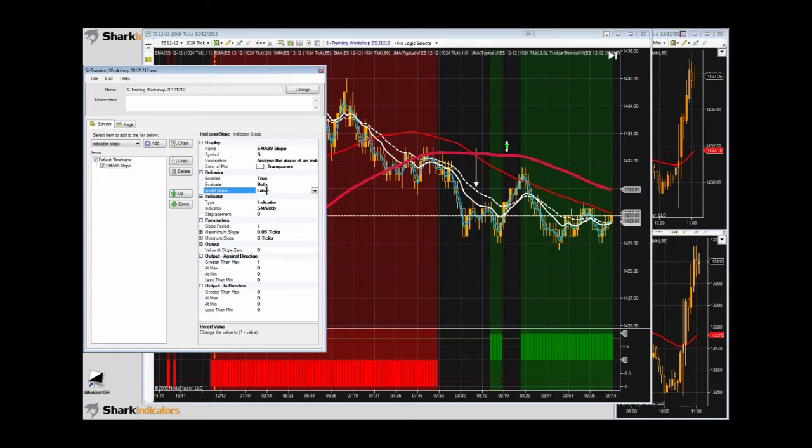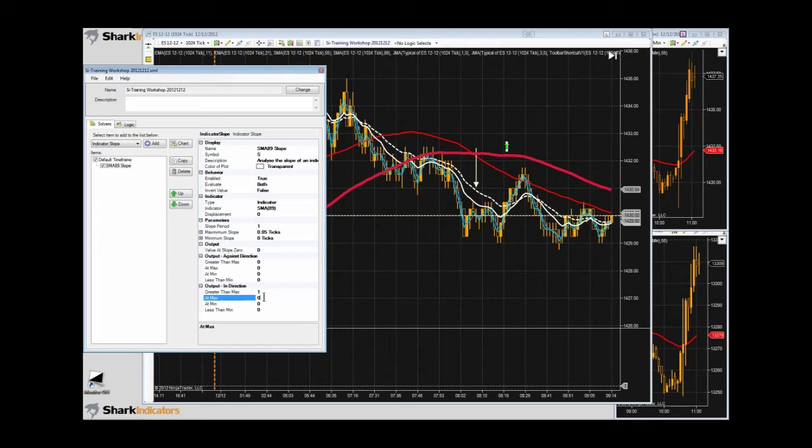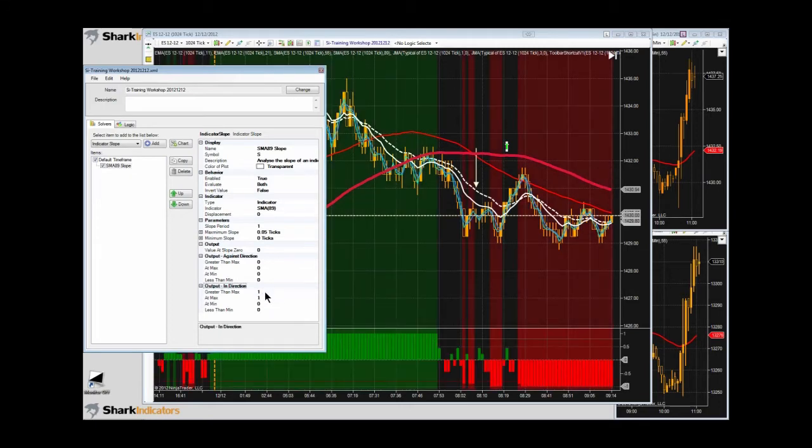This invert value is a true inversion. Let me set this back to the default operations. Actually, I'm going to set this to more of a digital type output. We can see we have this void here of no output, because essentially the SMA is flat along here. Now if I use this invert,